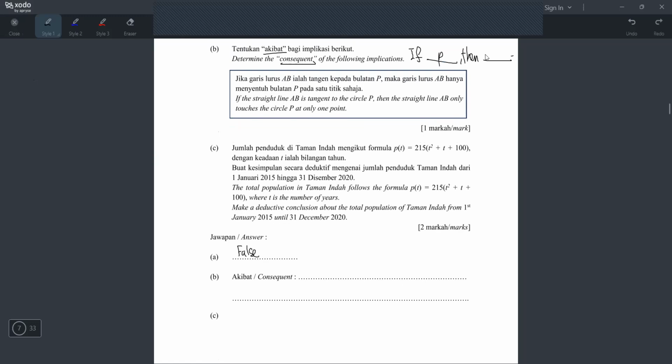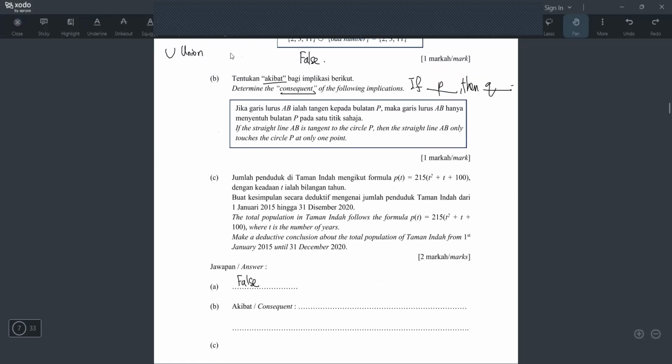And then let's call this P and let's call this Q, right? So, yang P ni, kita ada nama untuk dia. P ni kita panggil dia antecedent. And then Q ni kita panggil dia consequent. Okay, how do you spell it? Consequent like that. Okay, tapi dalam bahasa Melayu, antecedent dalam bahasa Melayu antijadian.